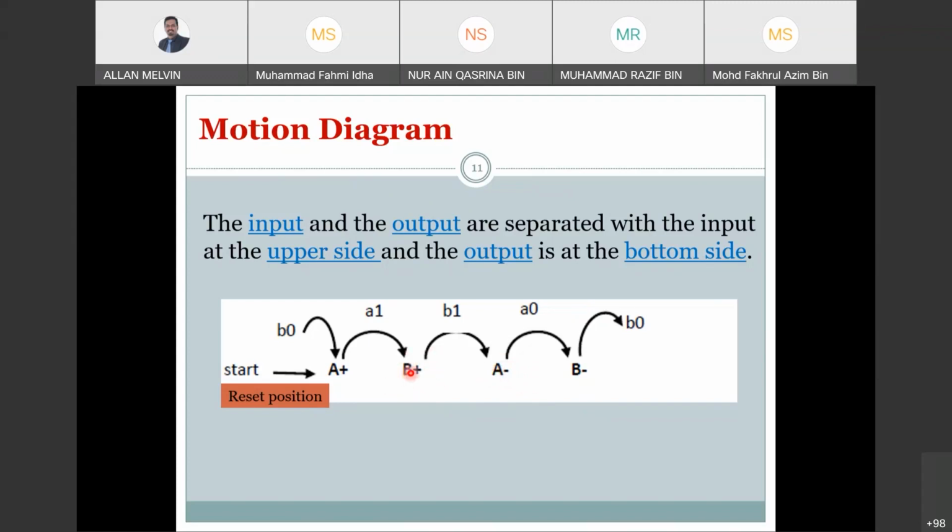So cylinder B extend, the B plus, B minus is retract. Okay, so you are the operation of the cylinder dekat sini. So this we consider as an output. Input ini adalah switch, yang you letak dekat distance rule kan. So cylinder A ada switch